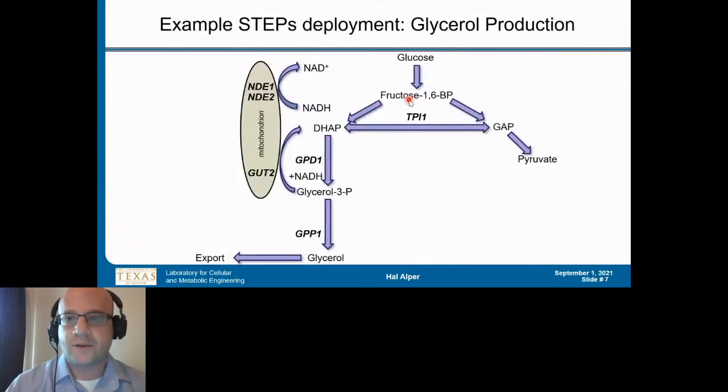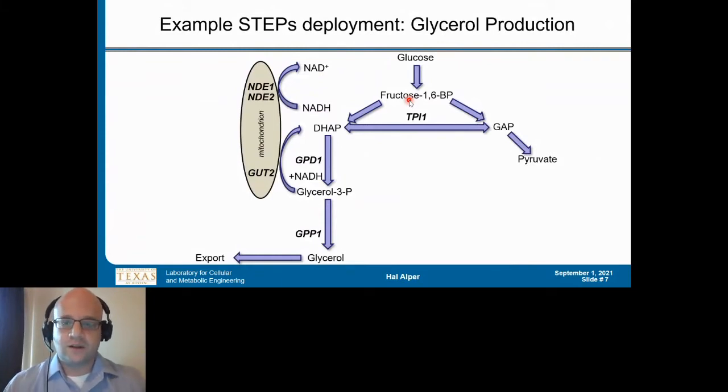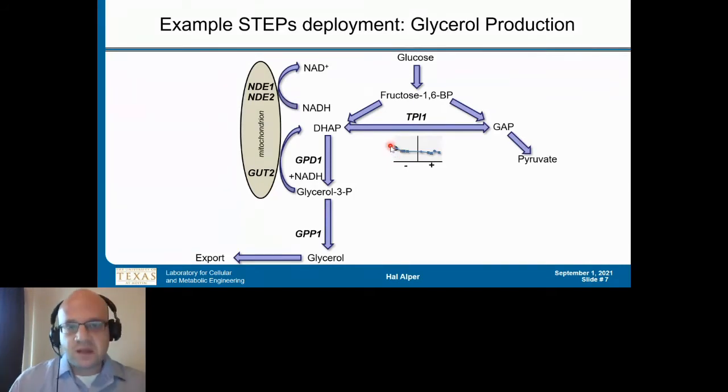As an example of that, and a motivation for a project that we'll talk about a little bit later, is this idea of looking at the glycerol pathway in Saccharomyces in more aerobic conditions. What we can do is target some of these key genes of interest by using this STEPS approach. We developed a guide RNA panel to a variety of these different genes, and then we can look at the overall response. We can see here, as an example, with TPI, there's really no response with actuation, and there's beginning to be a response as we really strongly repress that gene. And that's understood.